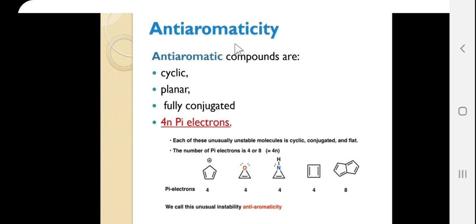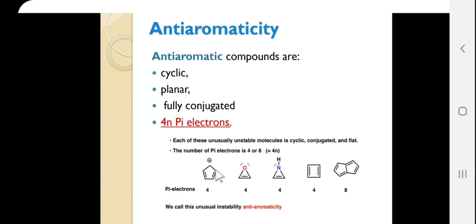So what are anti-aromatic compounds? Anti-aromatic compounds are similar to aromatic compounds, but they only differ in the number of pi electrons. That is, anti-aromatic compounds are compounds which are cyclic, planar, fully conjugated, and have 4n pi electron systems. So the compound which has a 4n pi electron system, cyclic, planar, and fully conjugated, is called an anti-aromatic compound. For example, you can see here, this is a